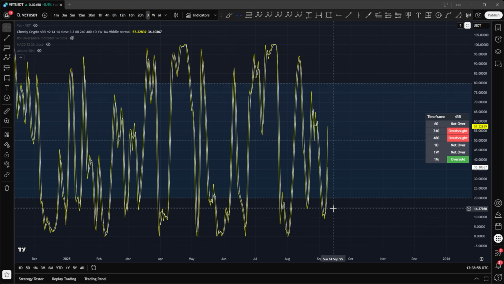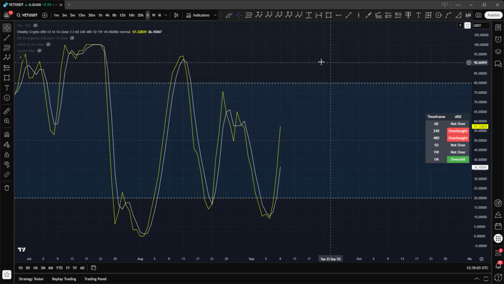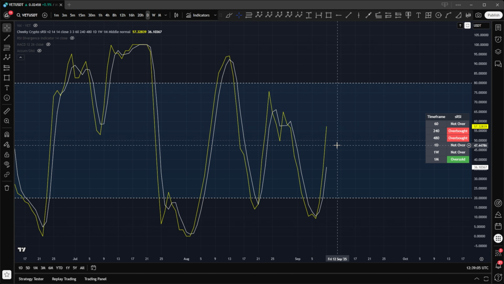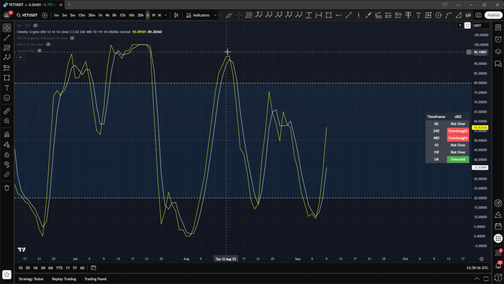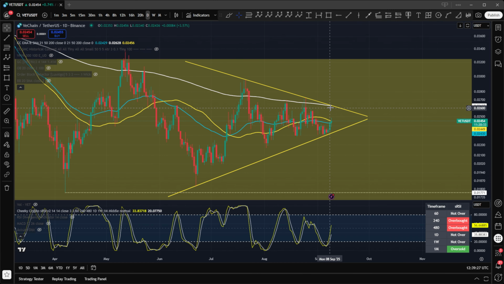Now, down here, we have the Stochastic RSI. The Stochastic RSI is an oscillator, as it's called within trading, and basically this is showing us that the market is starting to overheat. Okay, so here you can see that there's weakness within this as well. Every time it's pushing higher, it's becoming a lower high than it was before. Okay, this is also showing us that we have a little bit of room to grow to the upside on our daily chart, meaning that we might push for that 200 EMA again before having another push to the